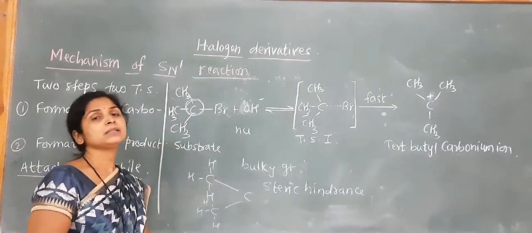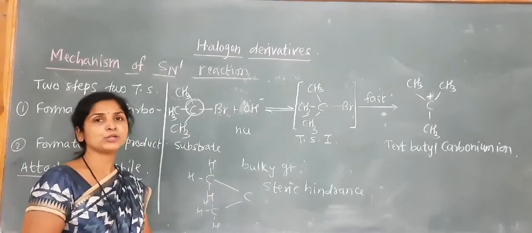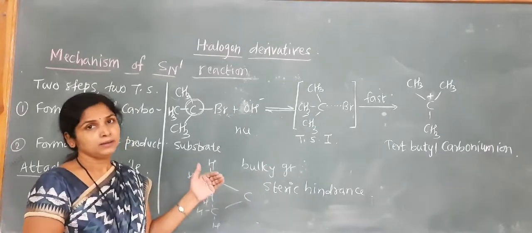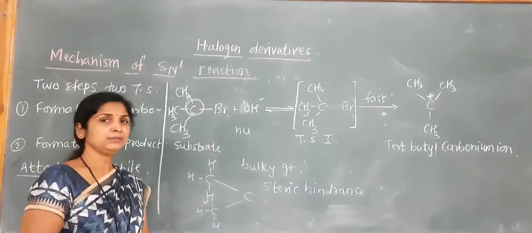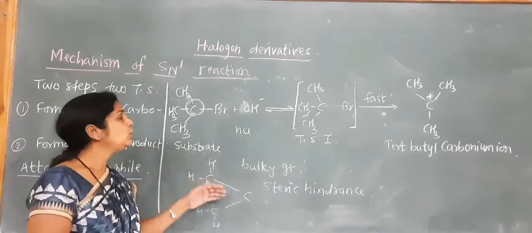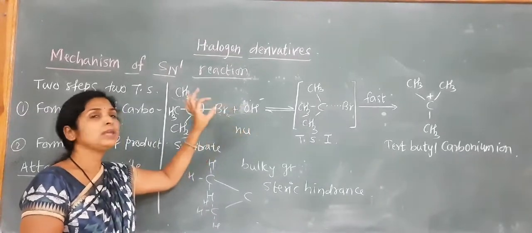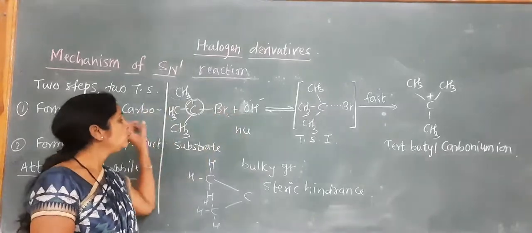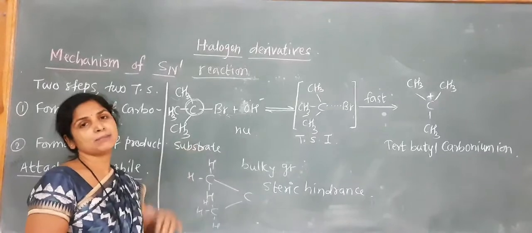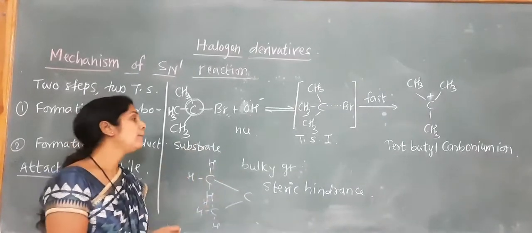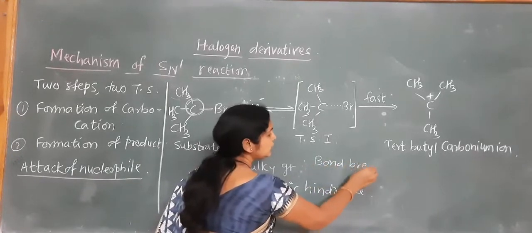Hence what happens, आता इथे काय होतं, the front side attack पण पॉसिबल नाही आणि बॅक साइड अटॅक पण पॉसिबल नाही. मग ही रिॲक्शन होताना एका स्टेप मध्ये कंप्लीट होऊ शकत नाही. So what happens, due to the presence of nucleophile only, first what happens, we are saying that the nucleophile is not able to attack from the front as well as the back side. First bond breaking is taking place. पहिल्यांदा bond breaking ची प्रोसेस होते.